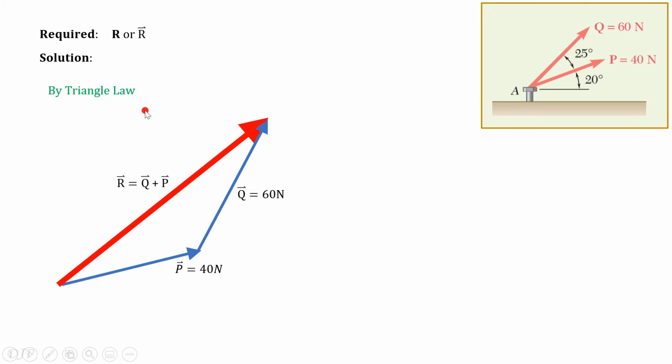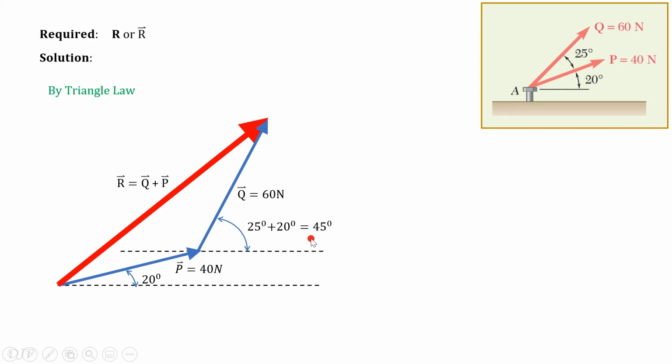So by triangle law, the forces are connected from head to tail, and the resultant is drawn by connecting its tail with the tail of the first drawn vector, and then the arrowhead of the resultant intersecting with the arrowhead of the last drawn vector. So that's the process of triangle law. Next, we indicate the given angles, and this one